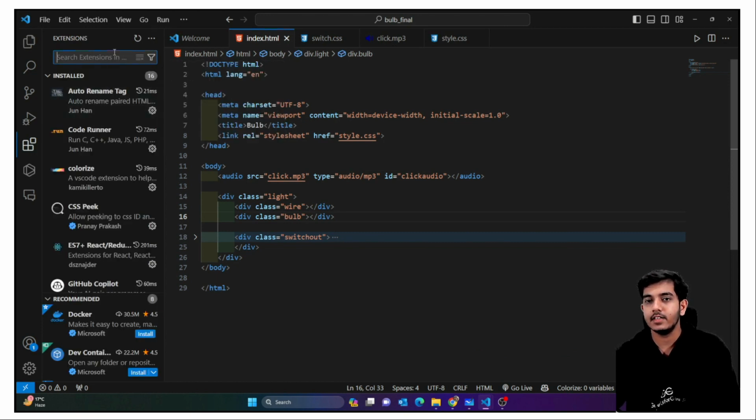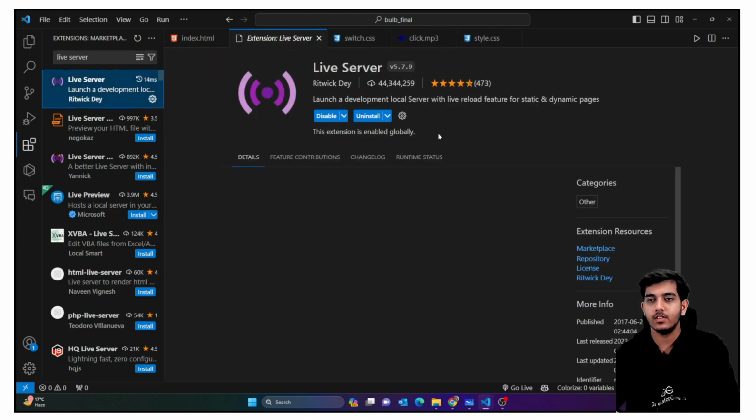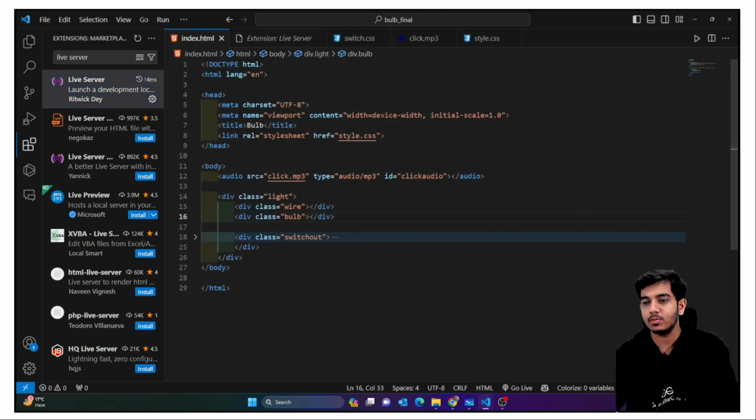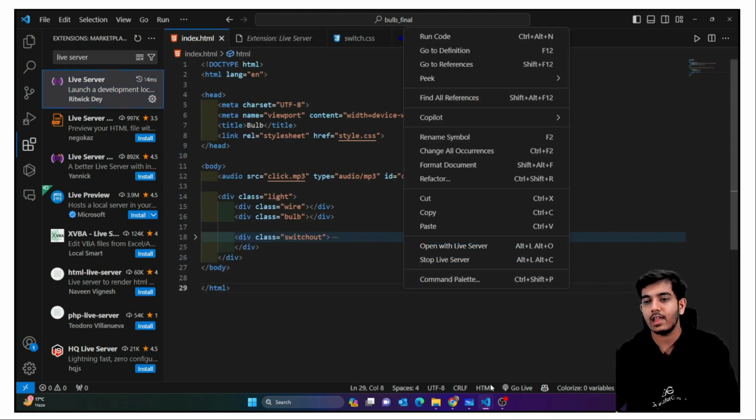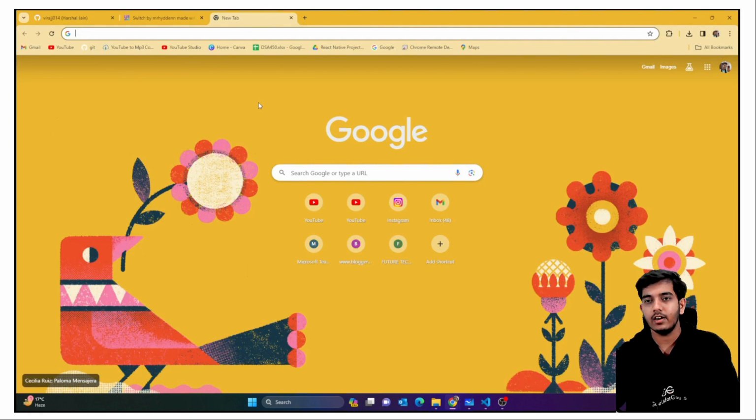Here, guys, you're going to get an extension named Live Server. You can just search for it, Live Server. Once you get this extension, you can just install it, and then you would get the option of Go Live here. Or you can right click and open with Live Server. So go live, and once I click on this,